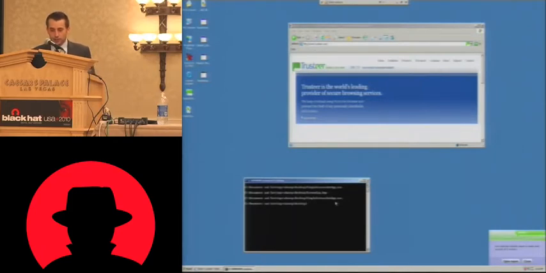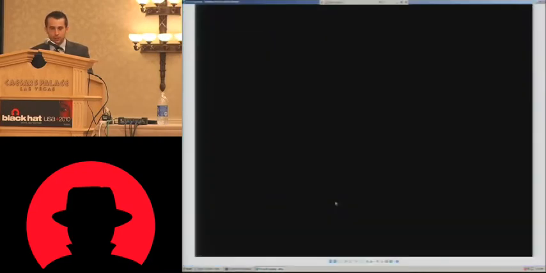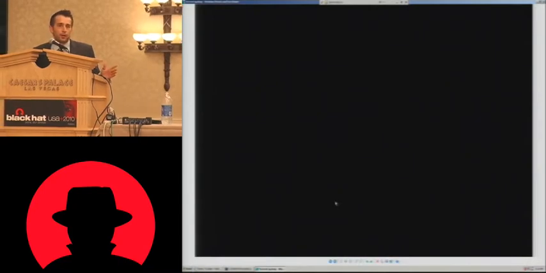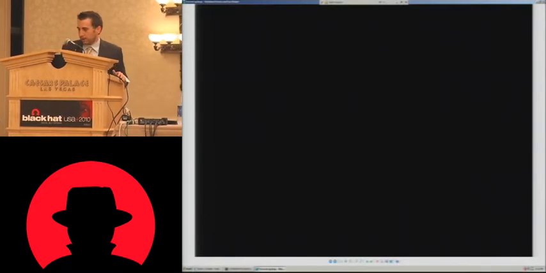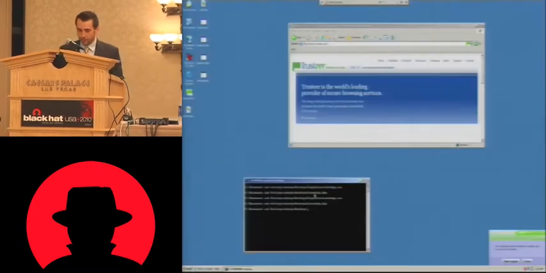So when we take a screenshot normally, this is what comes up, a big black screen. So basically, this is how Trusteer protects you. It sees you're taking a screenshot, and it replaces the normal screenshot data with basically nothing that would be valuable to an attacker. But if we run my program,